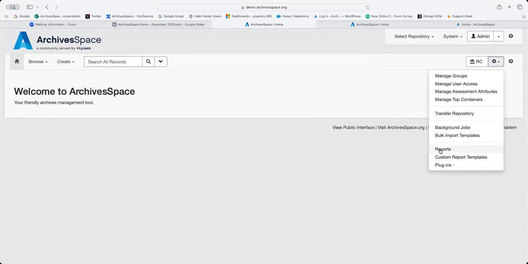And then finally, if you're using any plugins with ArchivesSpace, you can invoke those plugins here as well. ArchivesSpace comes with one plugin out of the box. That's the Library of Congress Name Authority File Import plugin. That allows you to import Library of Congress authorities, like for names and subjects. That's the only plugin that ArchivesSpace manages directly, and it's the only one that comes out of the box with ArchivesSpace when you download it.